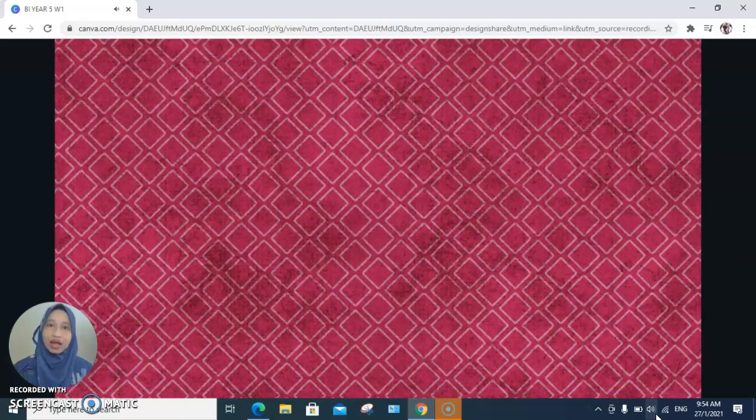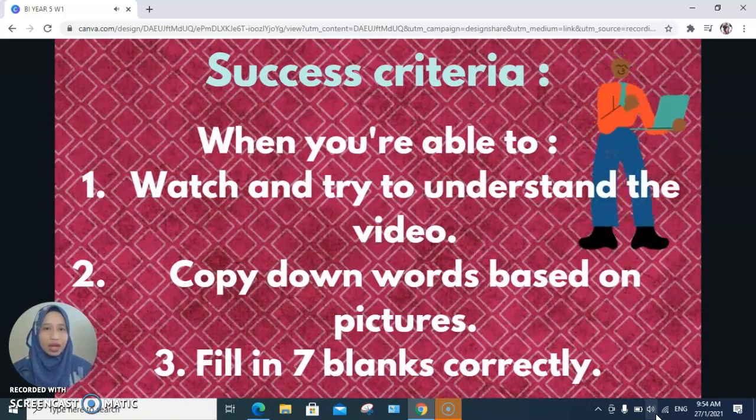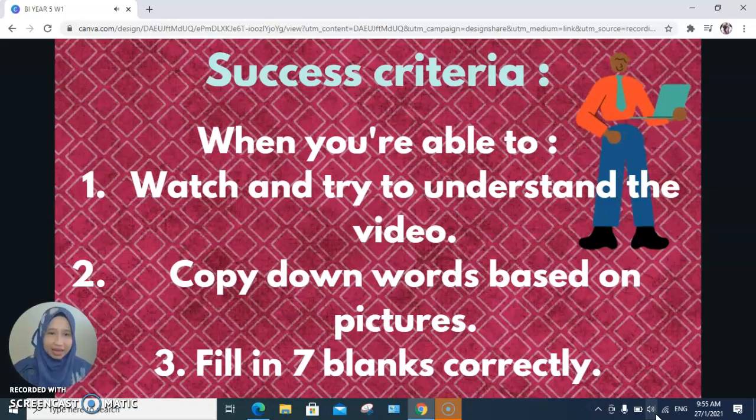Okay, how do you know that you have achieved the objectives? So, when you are able to watch and try to understand the video. Second, copy down words based on pictures. 3, fill in 7 blanks correctly. So, you have to be able to do all of these 3 steps, then only you will achieve the objective. Okay, don't worry, I will guide you along the way as long as you are willing to try and finish